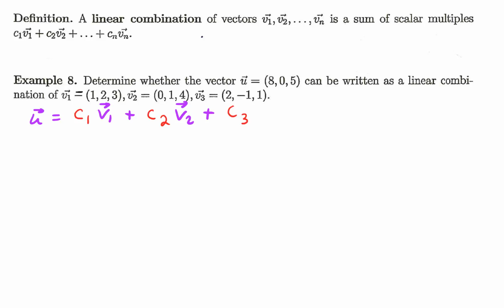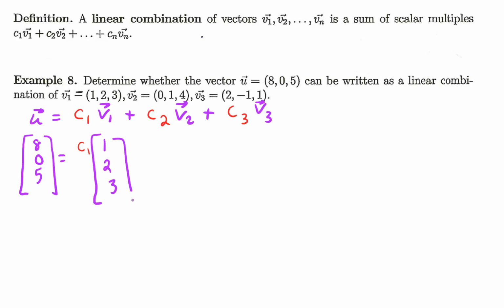To figure this out, we need to set up what we're looking at. We're looking at the vector 8, 0, 5. Can that be written as some scalar c1 times the column vector 1, 2, 3 plus some scalar, we'll call it c2, times vector v2, which looks like 0, 1, 4,